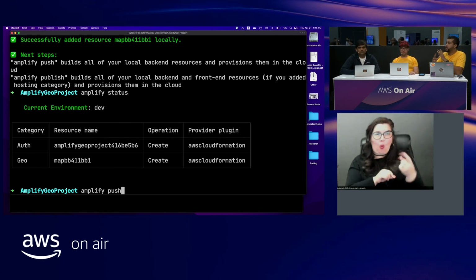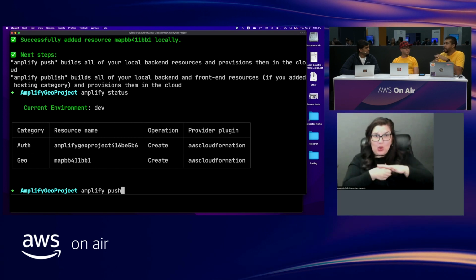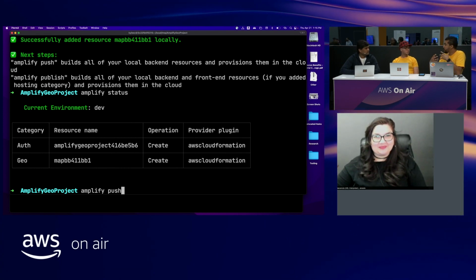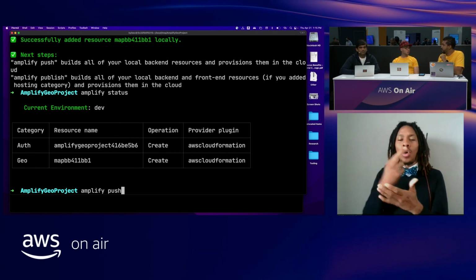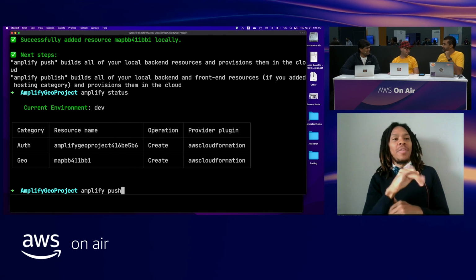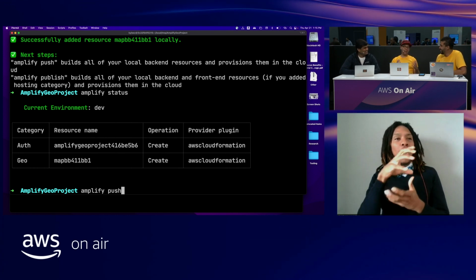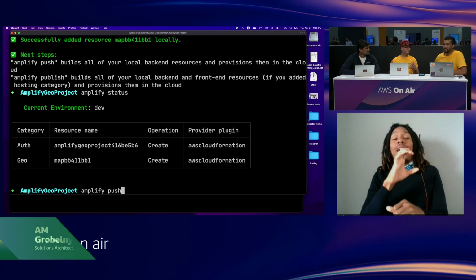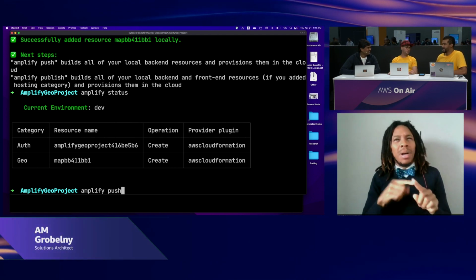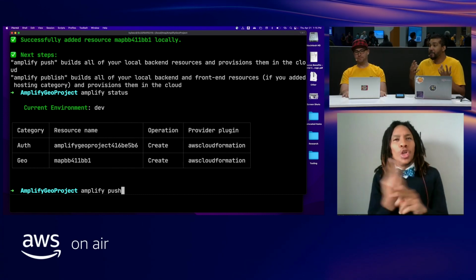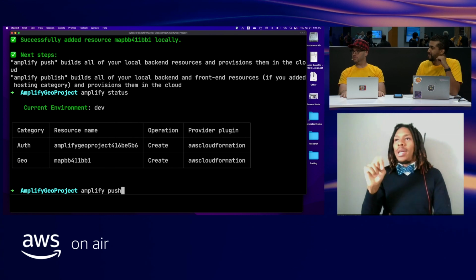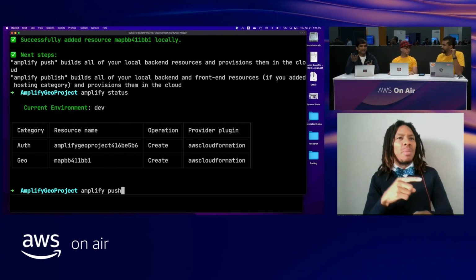Yep. So what it's doing is it's preparing to send information up to CloudFormation so that it can essentially spin up those resources for you, and you can start using them right away. One of my favorite features of Amplify is I don't have to write CloudFormation. I mean, look, I love CloudFormation. It's fun sometimes. Sometimes I just don't want to write it, and I just want to use the thing, right? Hey, I don't blame you. Like I said, I don't know CloudFormation, and I don't have to, and that's what Amplify is for. And we just did 3 commands, right? Amplify init, Amplify add, and Amplify push.